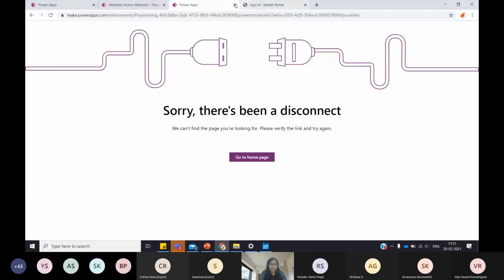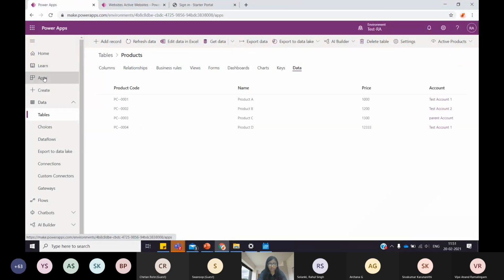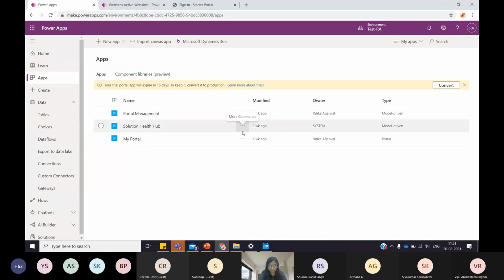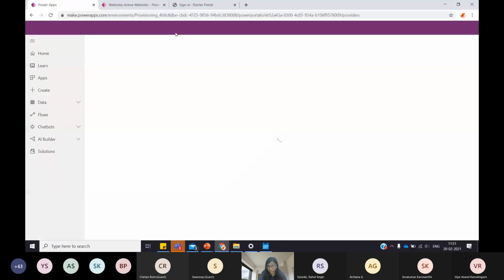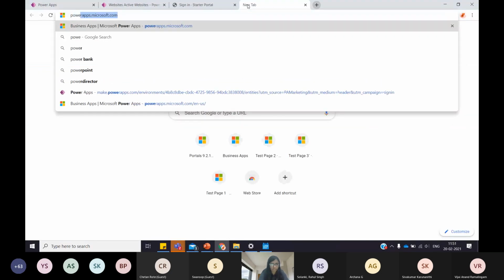So here, let me reopen. I think that page is open for a while. I'll go back here. In settings and authentication options. Okay, I don't know why it's not opening. I'll just retry this.